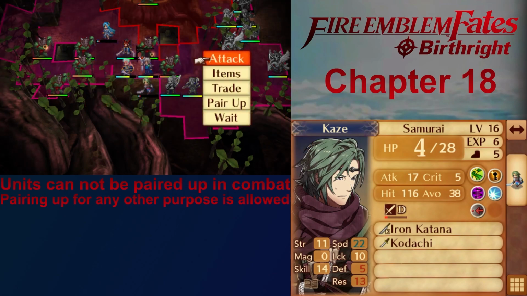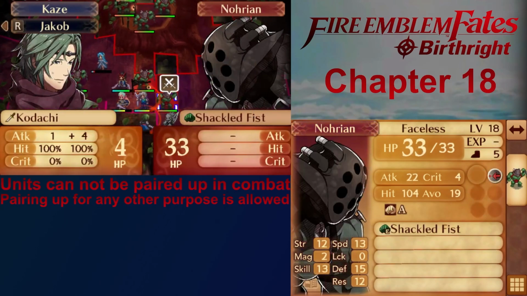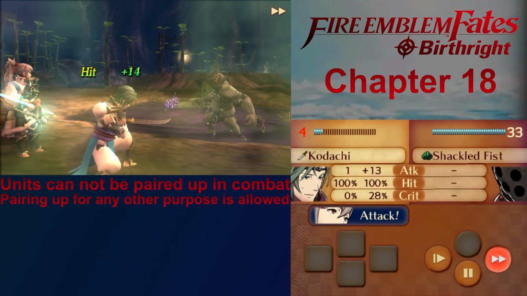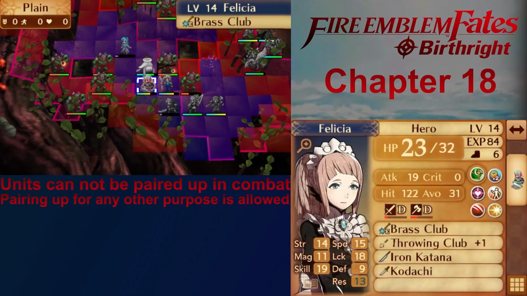Quickly now. Kaze chips the Faceless with Takumi's dual strike, and I have Kaze switch Takumi to the Fujin Yumi to try and fix my preparations error, which I guess I can get into now. With the way my units are set up, there's no possible way for me to kill these remaining two Faceless without a critical hit or without me switching Ryoma to the Raijinto for a dual strike, which is what I